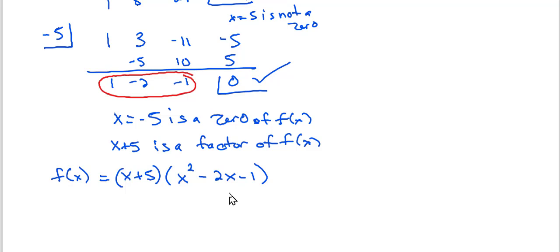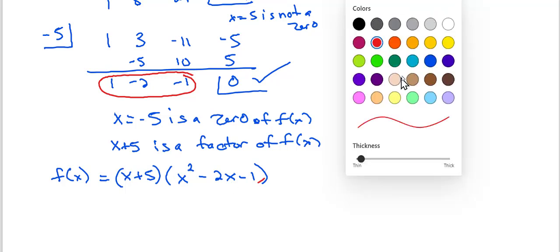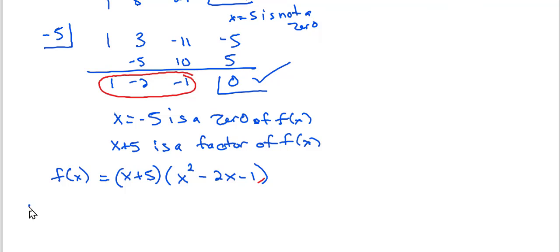The first thing I try is just regular factoring of a quadratic. There are no two numbers that multiply to give me negative 1 that add up to negative 2. Our only possibilities are negative 1 and positive 1, and those don't add up to negative 2. We also know, because none of the other possible rational zeros worked, that that's not going to factor nicely. So we're going to use the quadratic formula